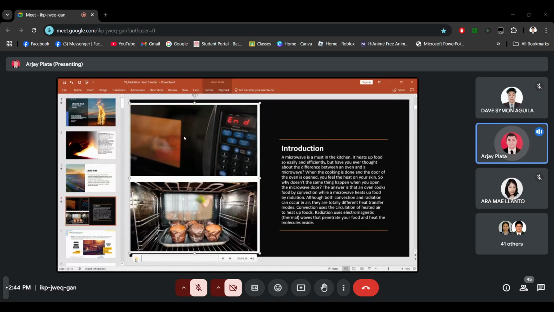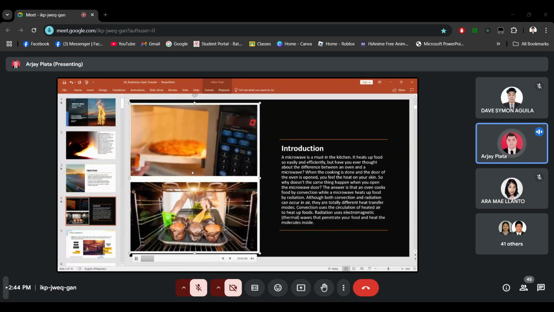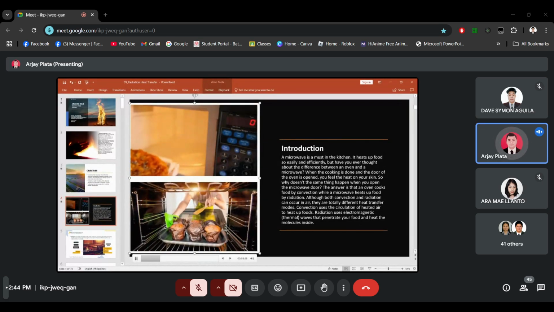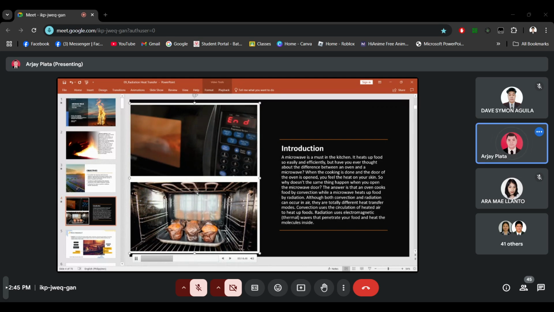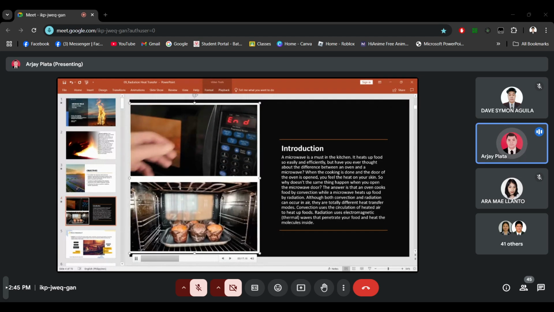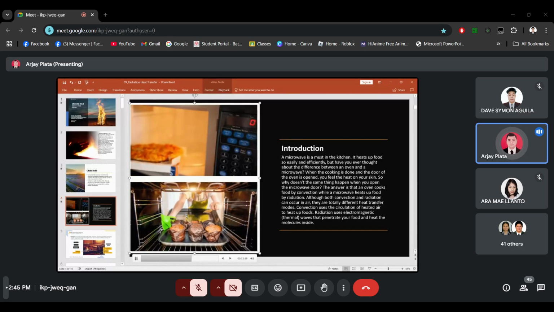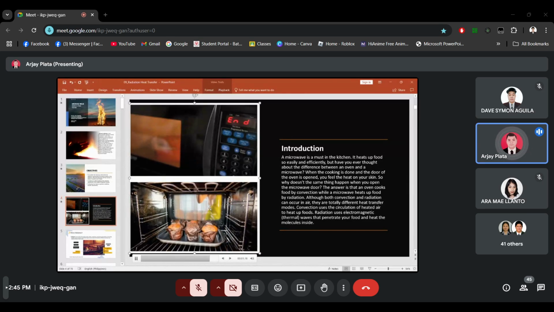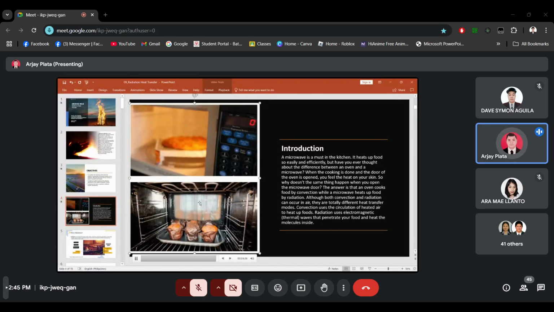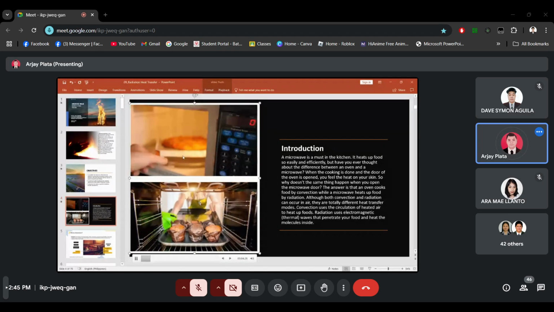Okay? So the answer is that an oven cooks food by convection. So the food is being cooked through convection. As you can see here, there are some heating coils. These are heated coils. So the heat is being transferred to the air inside the oven. That's why the air inside is very hot. So when you open the door, the heat will transfer to the surroundings, to the room. So that's why when you put yourself inside the oven, you will also feel the heat.